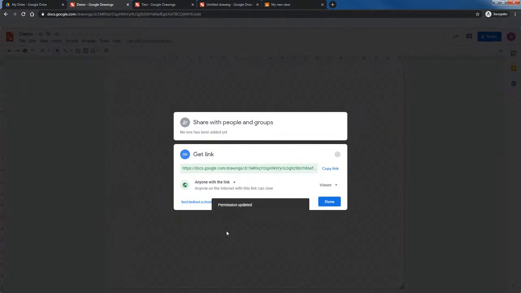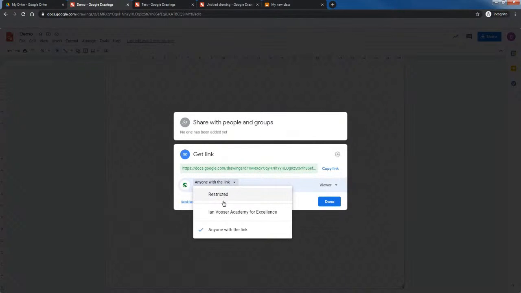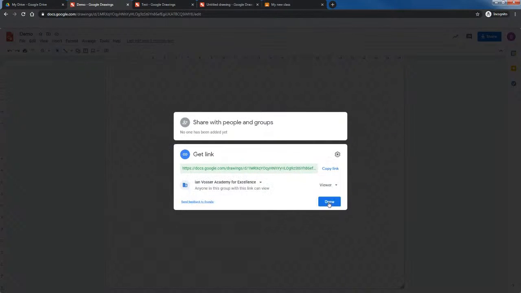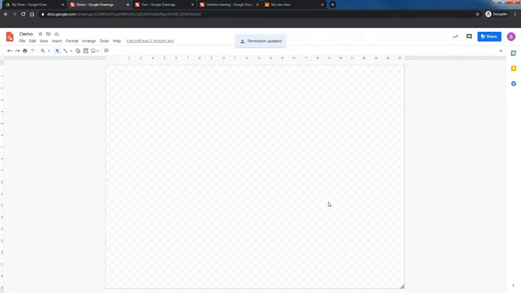So for example, if you've got a school website and you've made it in Google Sites, or you've got a public school website made in another package, you can embed your Google Drawings, and you just need to make sure anyone with a link can view the file, and then those images can be stored cloud-based and they can be accessed through the web page to display nicely. So for today, I'll just leave this in my domain. So that's the sharing settings